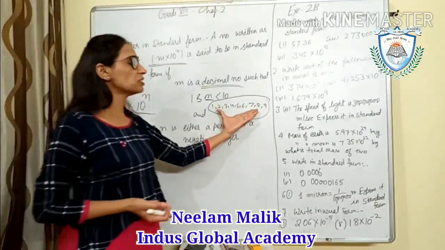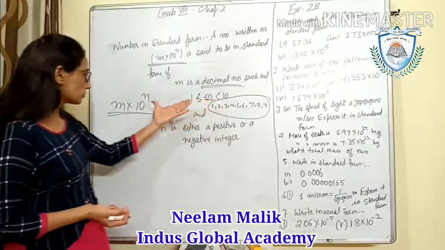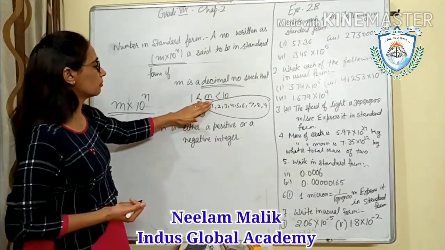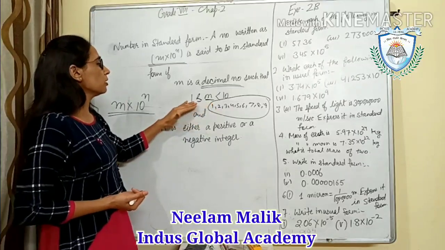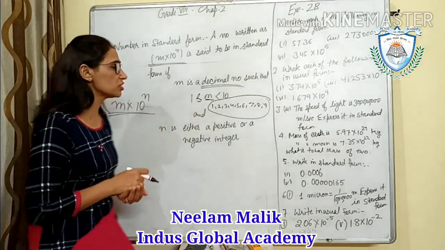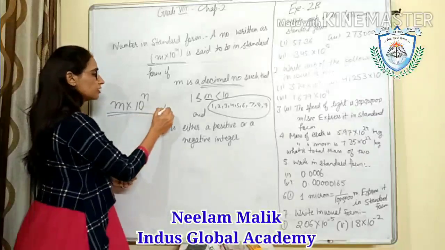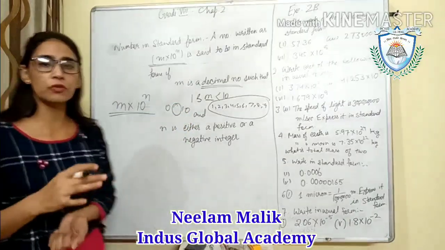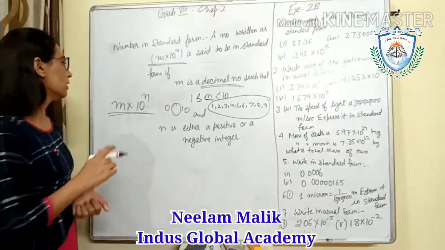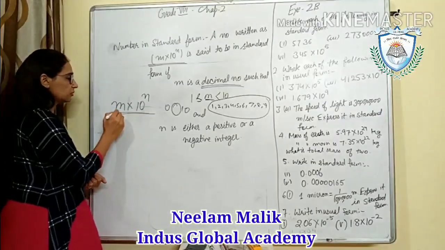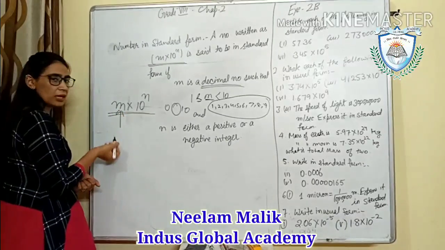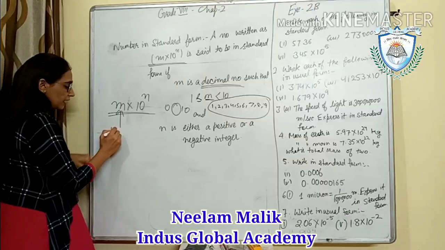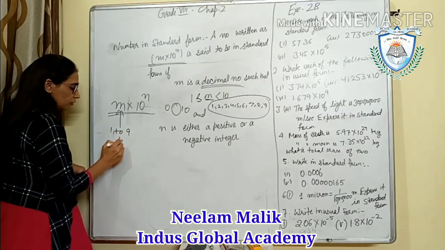Okay, means any one of these values will be the value of m. So m can be between 0 and 10. We can say 0 and 10 are not included; between them any number 1, 2, 3, 4, 5, 6 up to 9. Okay, and one more thing, this is a decimal. The value of this will be from 1 to 9, and that will be decimal.